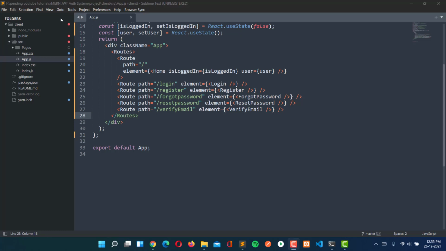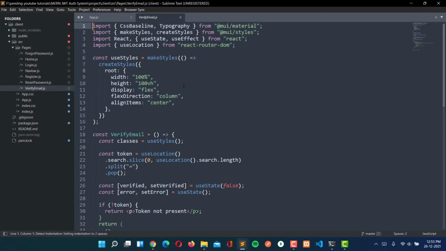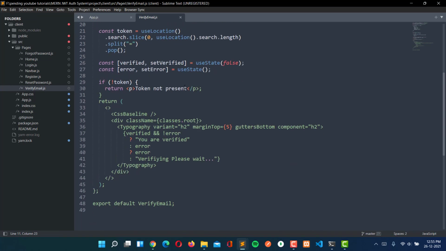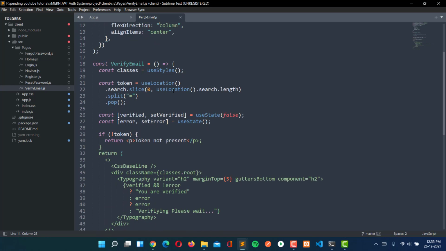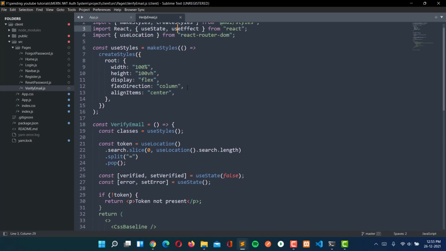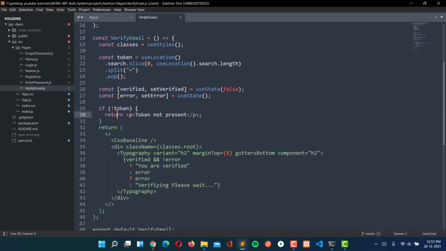So now let's go to the verify email page. So we will go to the pages and we will go to the verify email page, and under this verify email page, first of all here we are going to use useEffect. So here I have imported useEffect already. So now let's use this useEffect here.